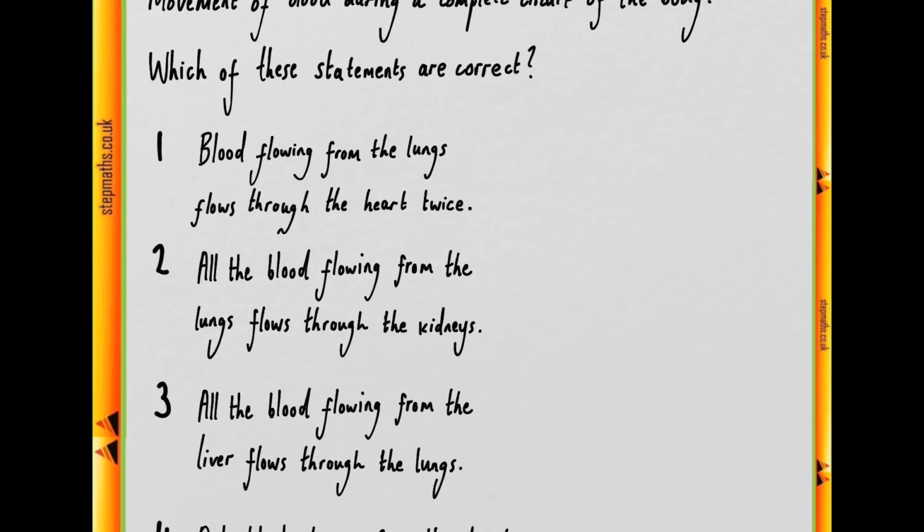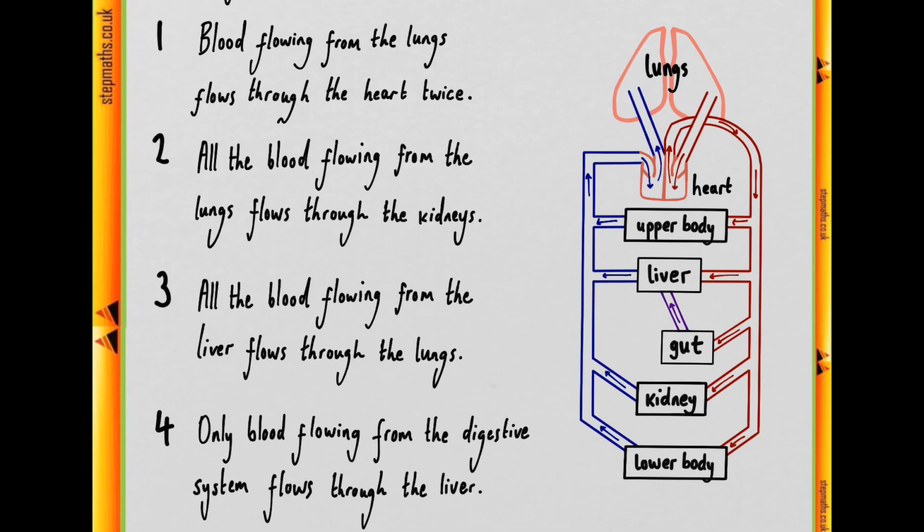So we can draw a quick diagram here to represent what's going on using the organs cited in our question, and now we can go through our answers while making reference to this. So we should note before we go on to our 4 points that we have a double circulatory system in the human body. We have venous blood flowing into one half of the heart, which then pumps to the lungs, where fresh air oxygenates the blood,